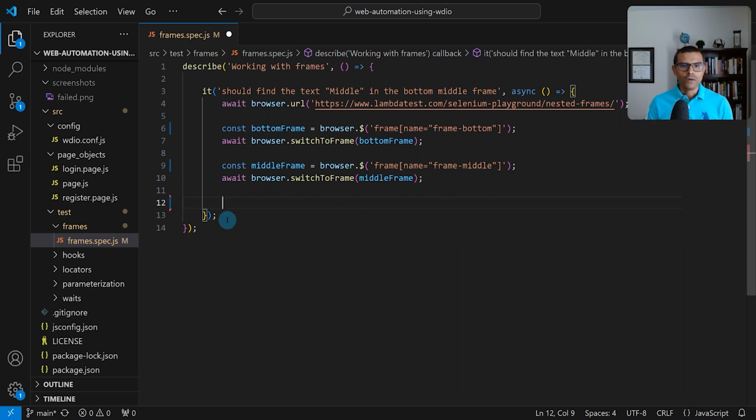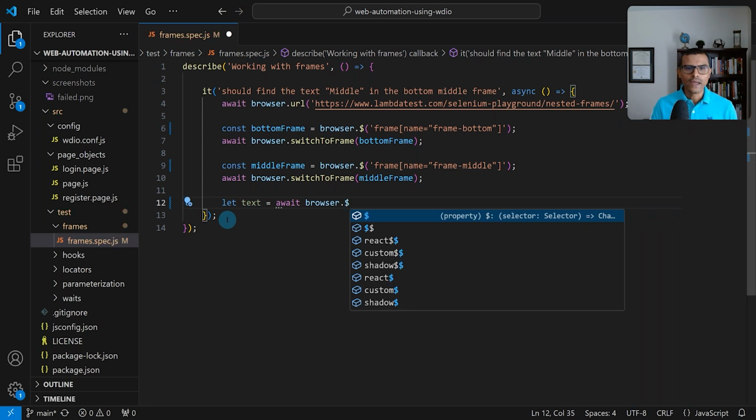Once we have that, we want to retrieve the text that's called middle, or we want to make sure that the text middle is found inside of that frame. All right, so let's go ahead and create a variable here. Let's call it let text is equal to await, and we're going to say browser, and we're going to locate that